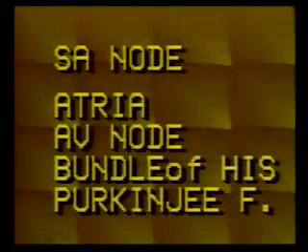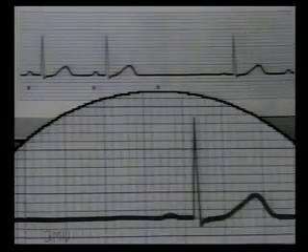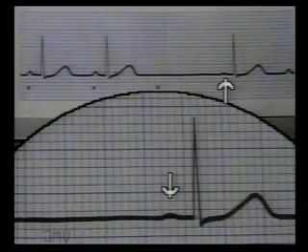So if this beat following the sinus arrest comes from one of the lower pacemakers, it is called an escape beat, indicating an escape from the inhibition of the SA node. A careful study of the beat after the sinus pause will tell you the origin of the escape beat. This ECG shows a pause with a preceding normal sinus beat and normal T wave. The escape beat shows a slightly altered P wave and normal QRS complex. So this is a sinus arrest with atrial escape beat. Note the slightly altered P wave of the atrial escape beat.